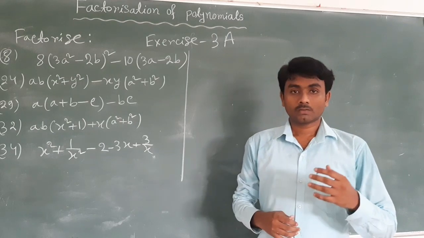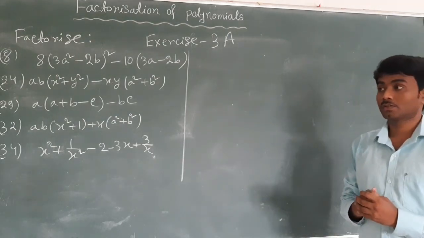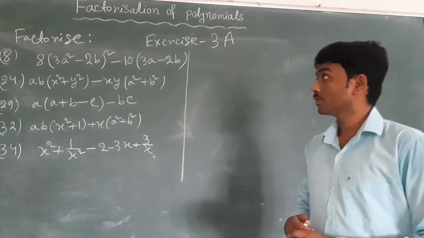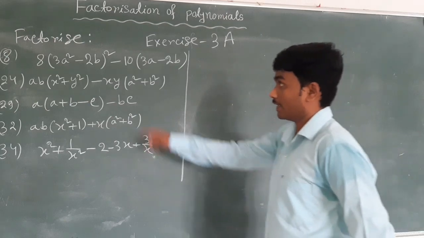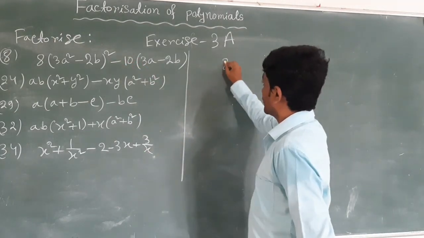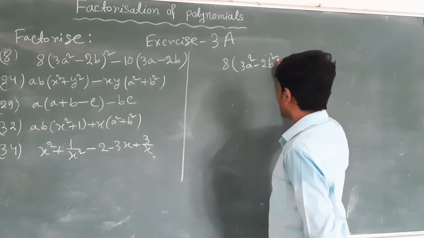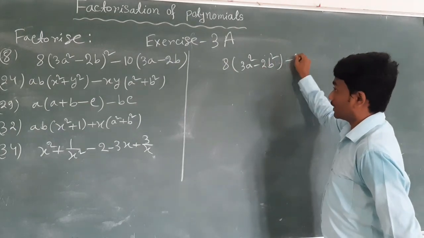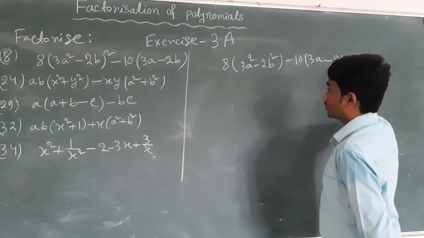Using the first and second method of factorization, now we will solve exercise 3a. Factorize 8 into 3a square minus 2b square minus 10 into 3a minus